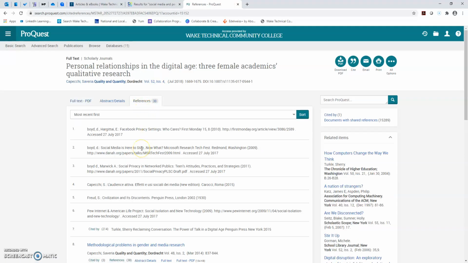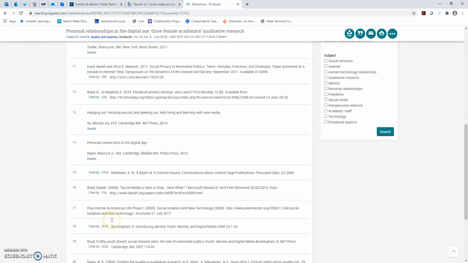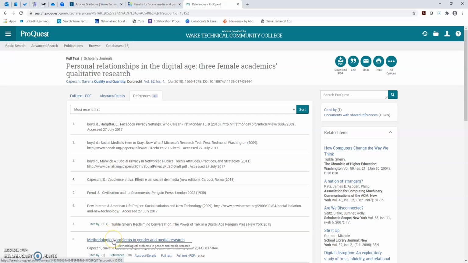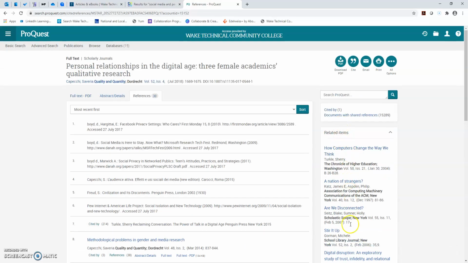So once you get to your reference page, you'll notice that some of the titles are in black, but like this one here, this one is in blue. Any of the blue links are links to articles that we have. So the blue links are references from this article that we have access to. So this is a good way to look through and see how many blue links there are that you can maybe use in your work as well.